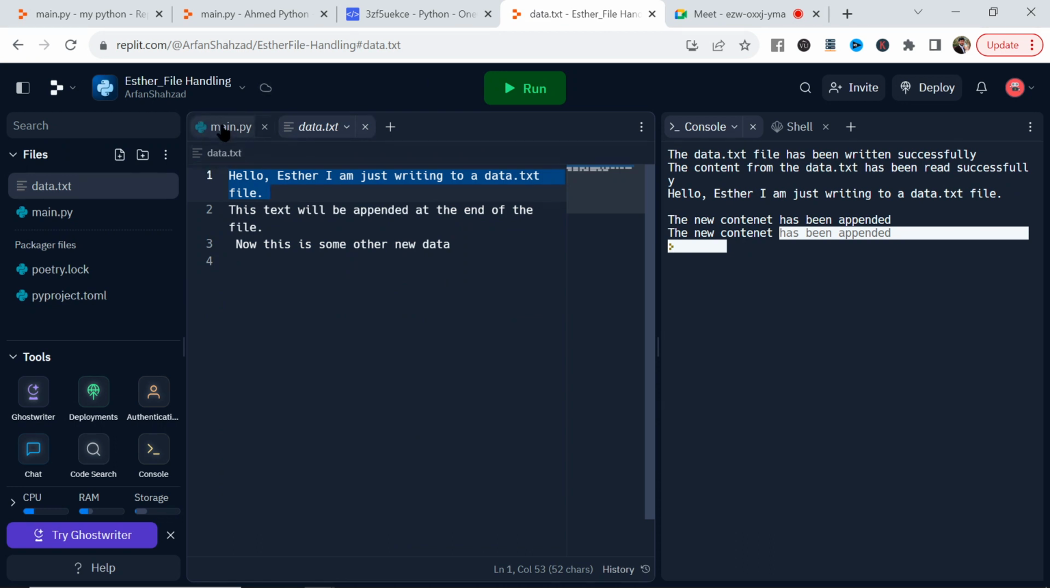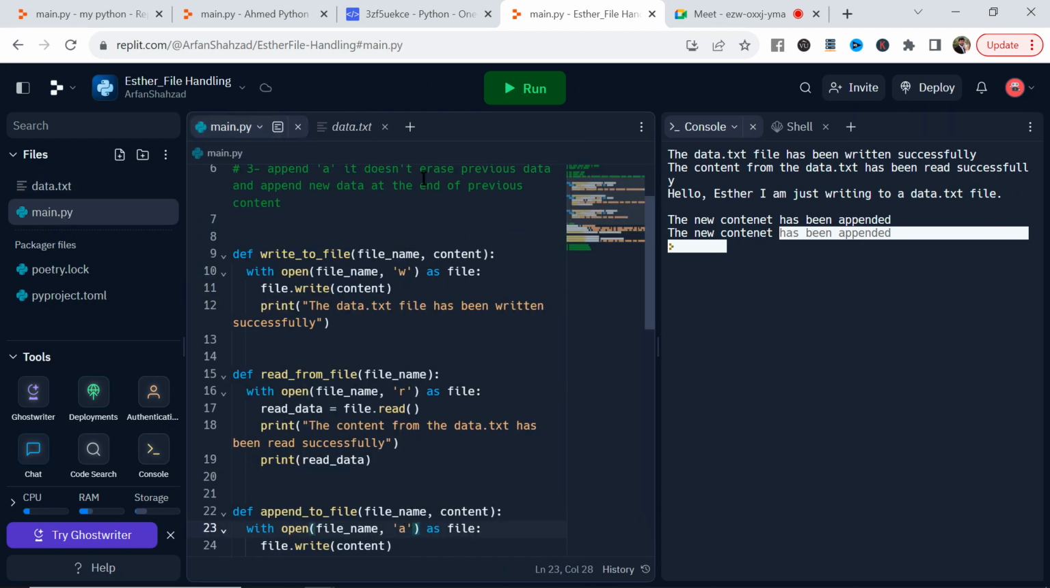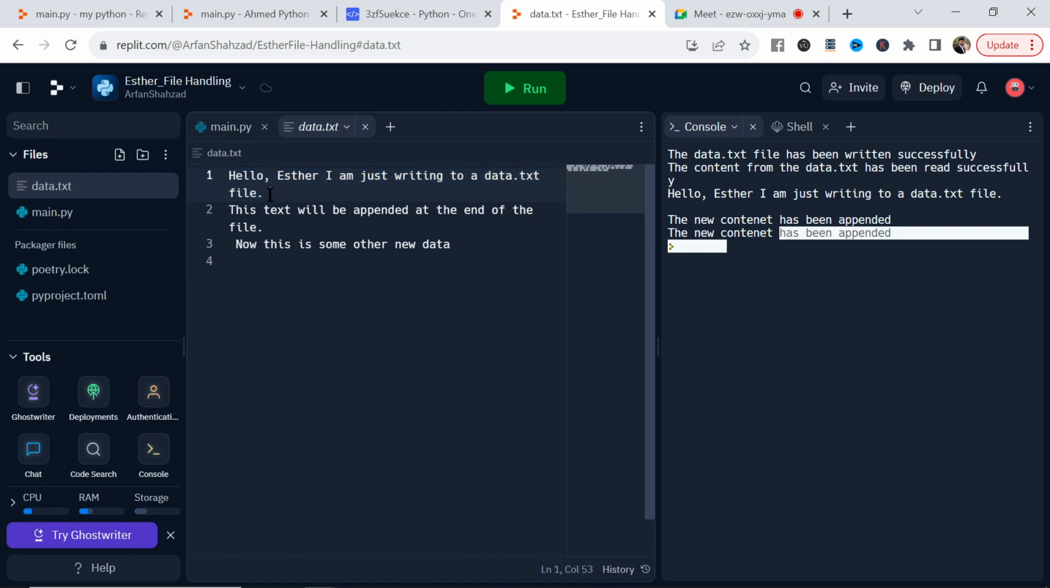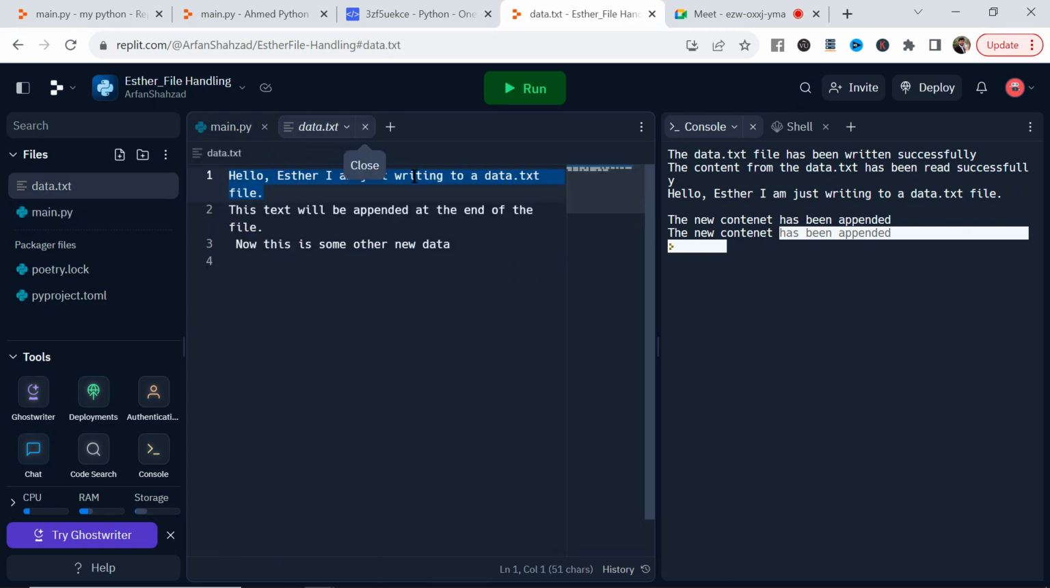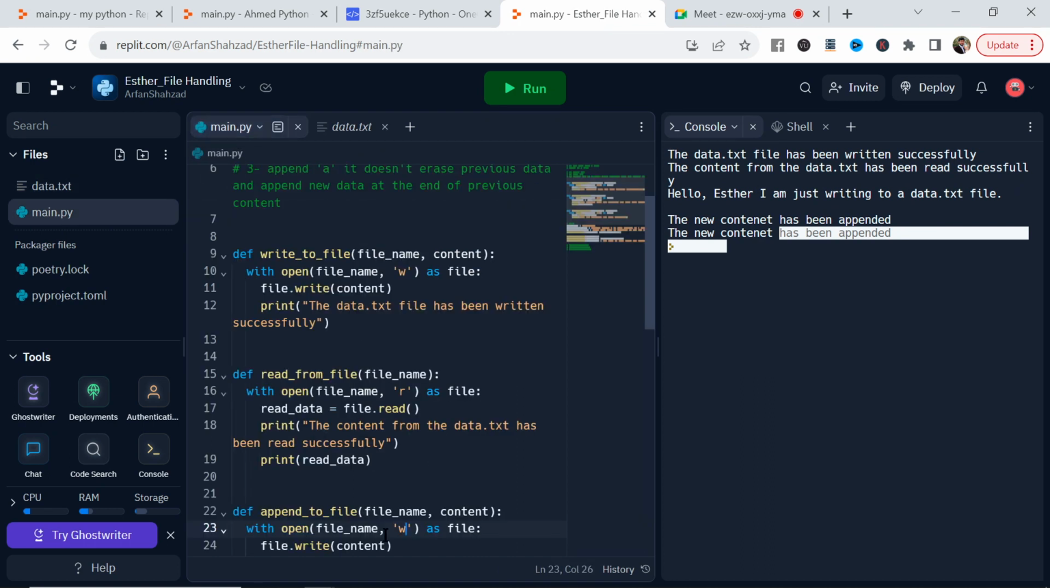Right now I have opened this file in append mode, but if I change this file opening to write mode, what will happen? First of all, it will write this line, then it will read some line, then it will write again. Because I am opening this file in write mode, it will erase this text and write this one. After that,